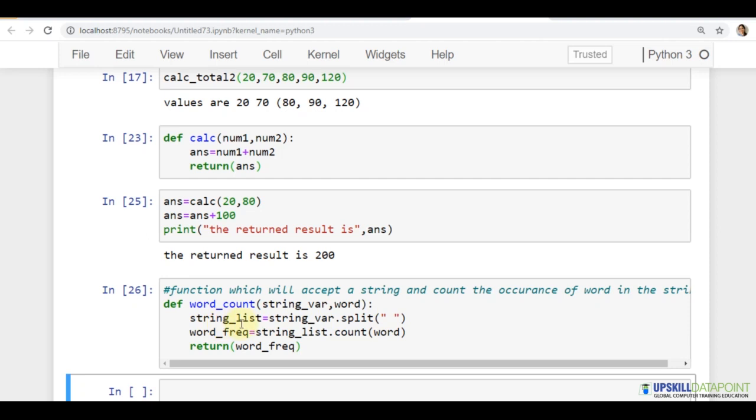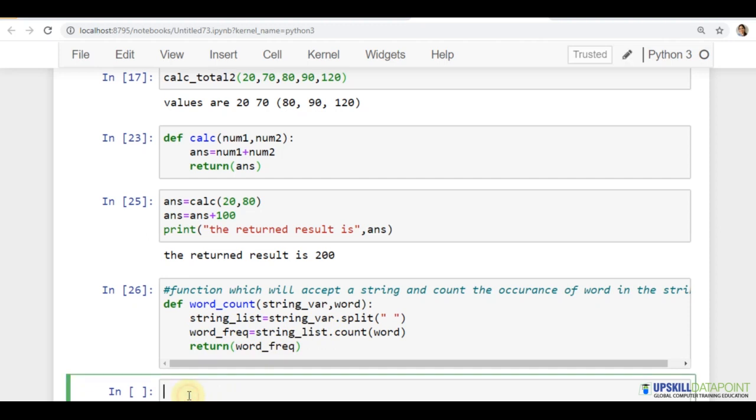Basically the string list will be a list or a tuple which is going to store the words separated by commas. Then I will enter the string list what I got here, and I will count the occurrence of this word. This word is the word what you wanted to look for inside the string, and that frequency is stored here. So we return that word frequency.